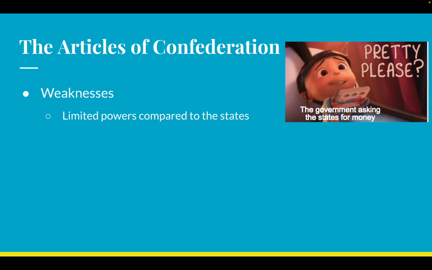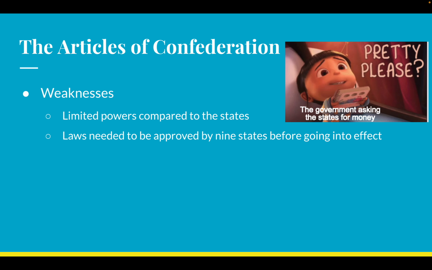Weakness number one, there's not very much power in the federal government. Now, this is on purpose. Like, we knew this was going to be a weakness, and we were okay with it, but it ends up becoming a bigger deal than we expect it to be. So the Articles of Confederation really can't do much. In addition, whenever we want a brand new law, like literally any new law, 9 states have to say, yeah, that sounds good. That makes sense.